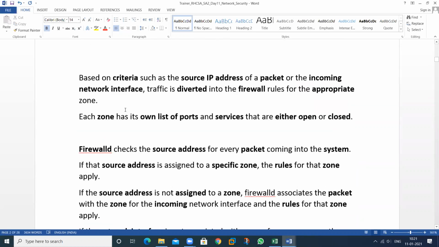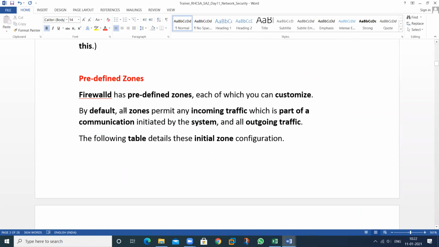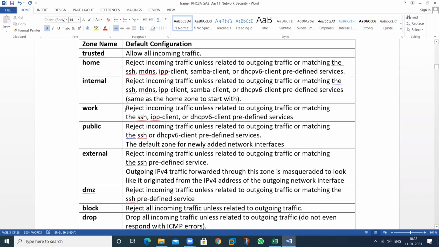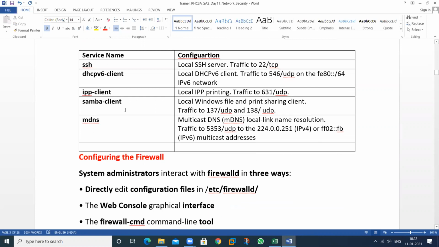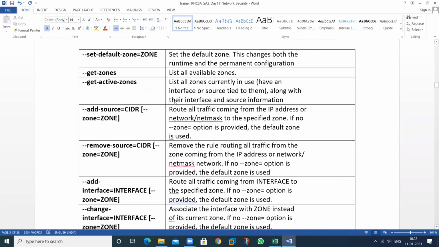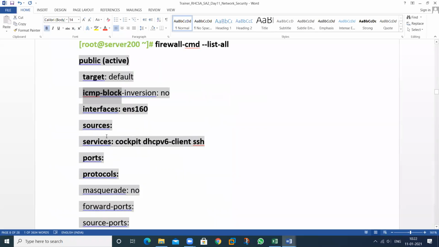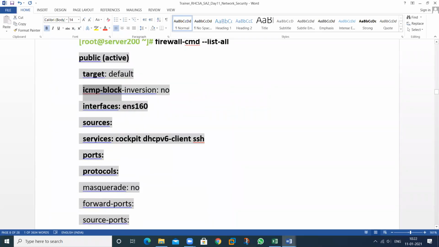These are the commands that I discussed in the last session. This is the command firewall-cmd. This is a command line utility by which we can manage all types of traffic. We can manage the targets, we can block ICMP packets, interfaces, sources, services.